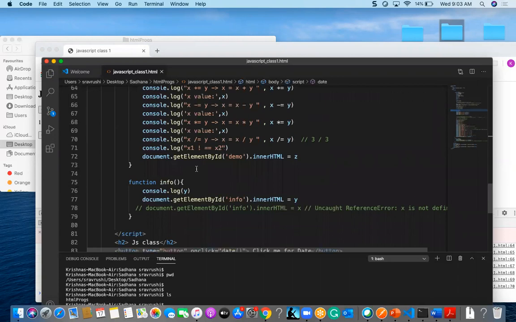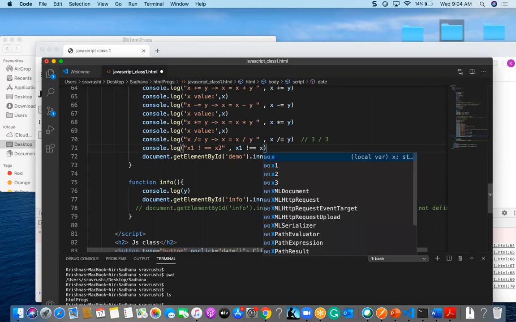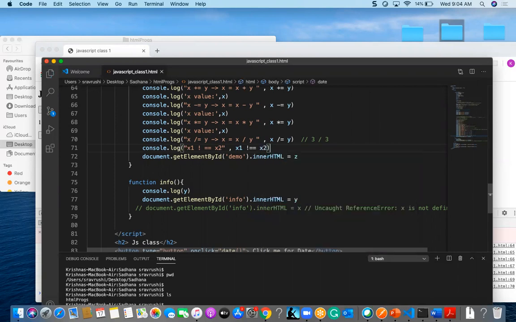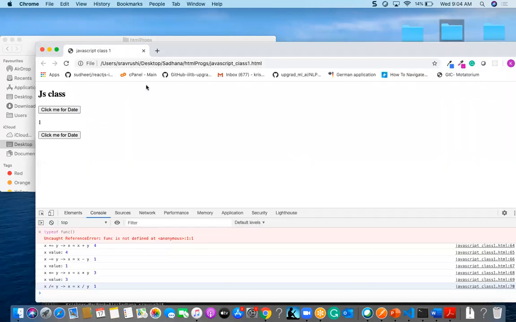So I just want to check x1 and x2. If I want to make it not equal, not equal value or not equal type, at this point we have to give not equal to, not double equal to, x2.